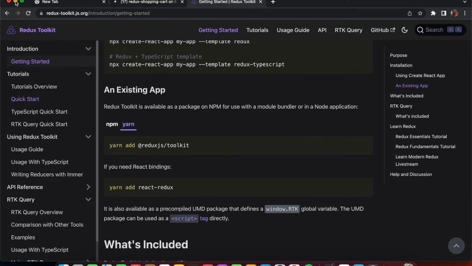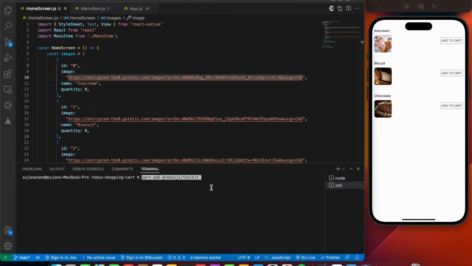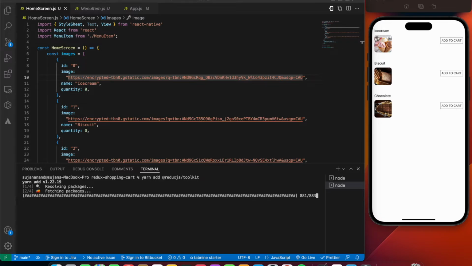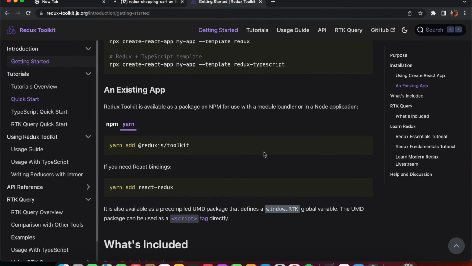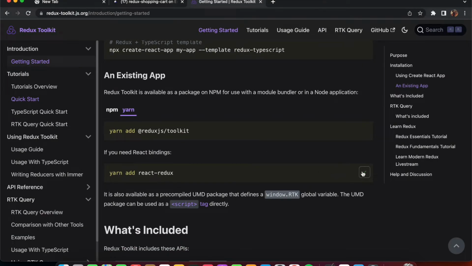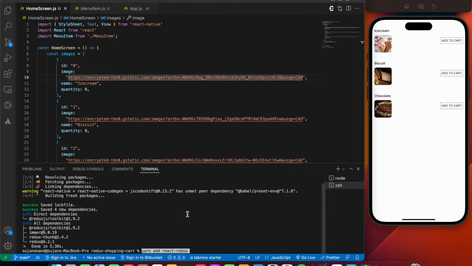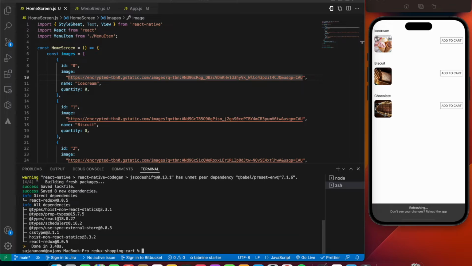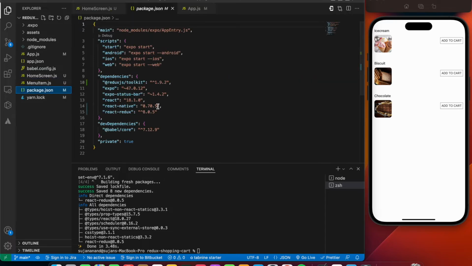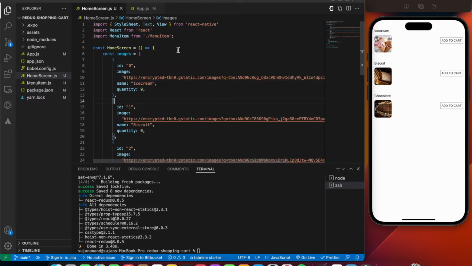Let's copy that piece of code, paste it over here, and wait for it to install the Redux toolkit package. Now let's install React Redux, which is also required for us. I think both of them have been installed. Just to check, let's look at our package.json. We have React Redux and Redux toolkit, so both of them have been installed.